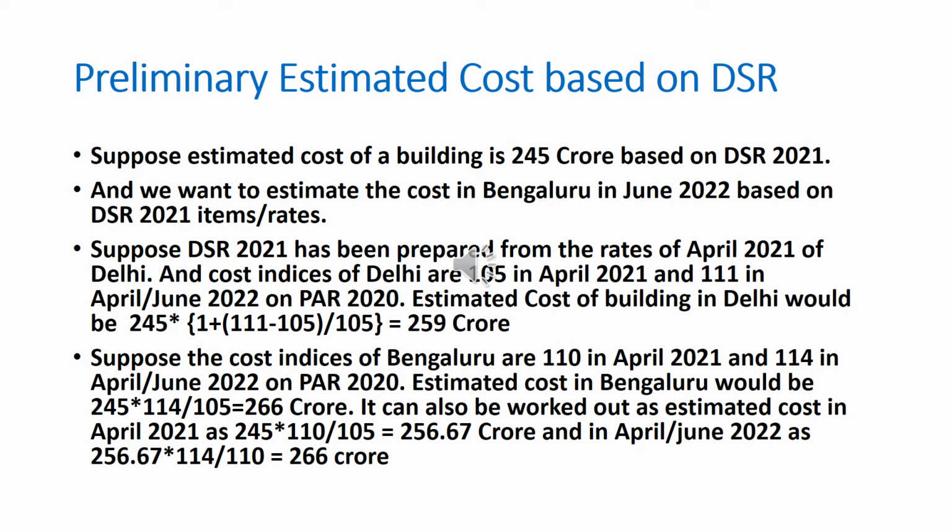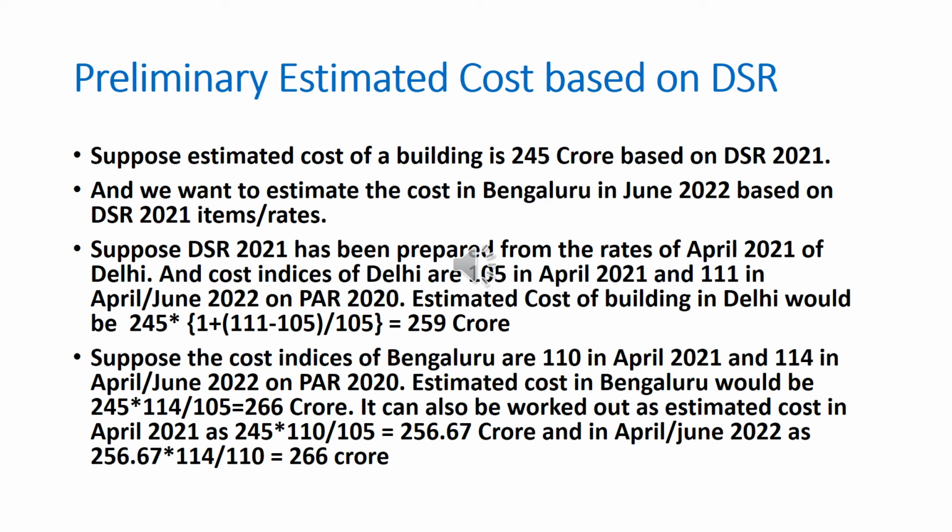Suppose DSR 2021 was prepared from the rates of April 2021 of Delhi, which is written in the DSR itself. Then the cost indices of Delhi are 105 in April 2021 and 111 in April or June 2022, based on plinth area rates of 2020. Then the estimated cost of the building in Delhi would be 245, and whatever percentage increase is there from 2021 to